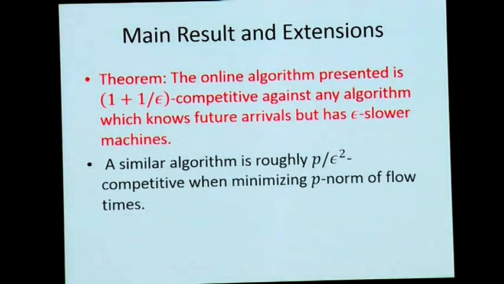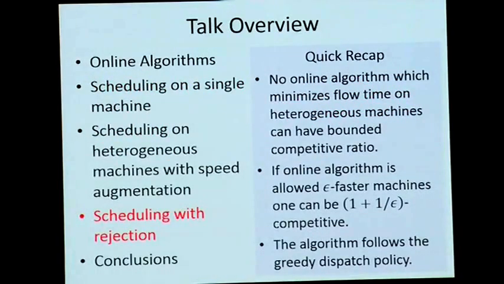So I will at this point realize that I'm running out of time. So I'll quickly skip a few slides, and I'll skip in particular the scheduling with rejection. In one word, remember there was also the stretch metric that I wanted to minimize. And we realized that the stretch metric cannot be minimized even with machine speed up. Okay? So even if I have faster machines, I still cannot get an online algorithm for the stretch metric.